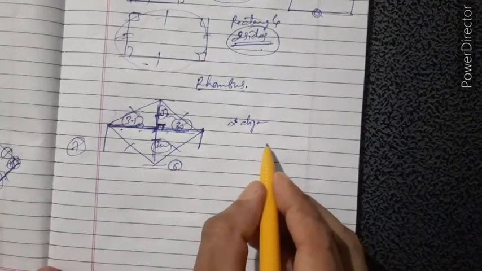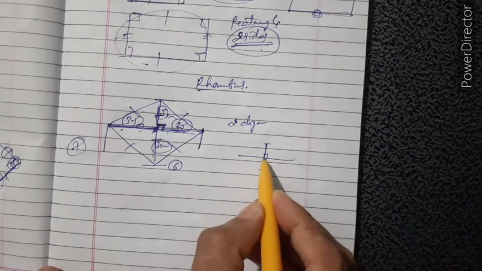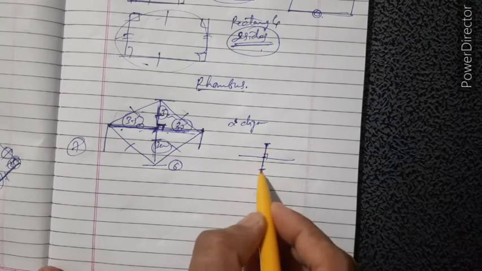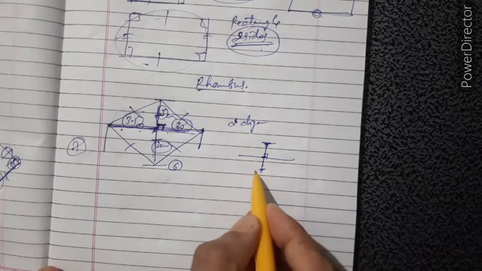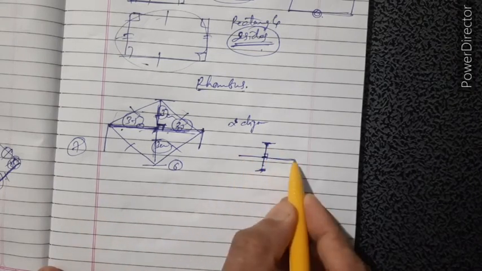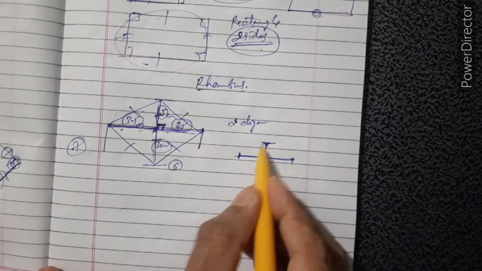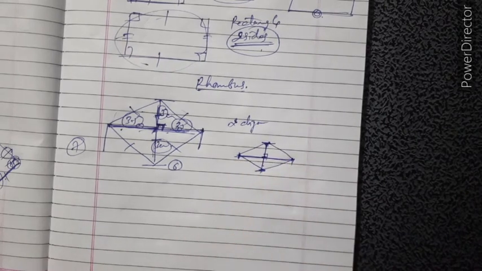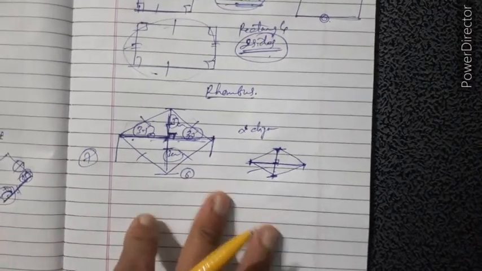Okay, so that time we suppose the measurement of two diagonals are given. So what to do? Just draw both the diagonals with 90 degree angle, and take half of the measurement to both sides. Okay, suppose 6 centimeter is given, so from the intersecting point you just take 3 centimeter here and 3 centimeter here. Same for this one. Suppose 7 is given, so half of that means 3.5 this side, 3.5 that side, and then join all the vertices. We are having the quadrilateral. Okay, these are the special quadrilaterals in our portion.